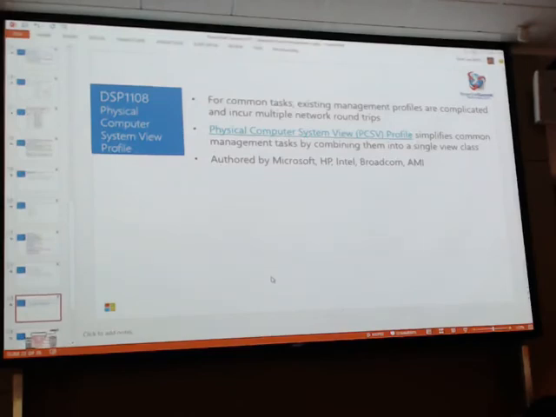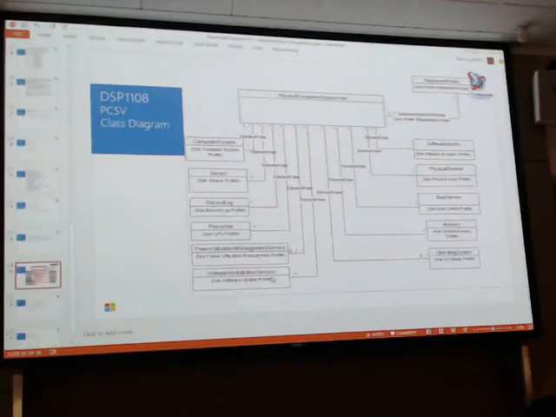profile, to solve it by making it simpler from the consumer side, but it actually happens to be simpler from the management side as well. So the way this is going to be here, this looks complicated, but trust me, it's not. In the profile, the only thing I really define is this upper box. Basically, I take capabilities that most people care about, and it comes from this other standard called DCMI, the Data Center Manageability Interface, which comes from IPMI, the Intelligent Platform Management Interface, which comes from Intel.